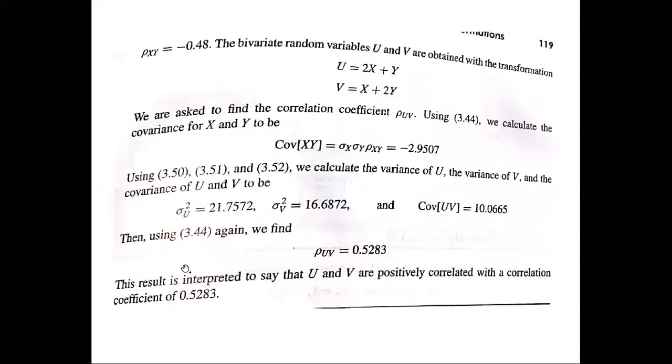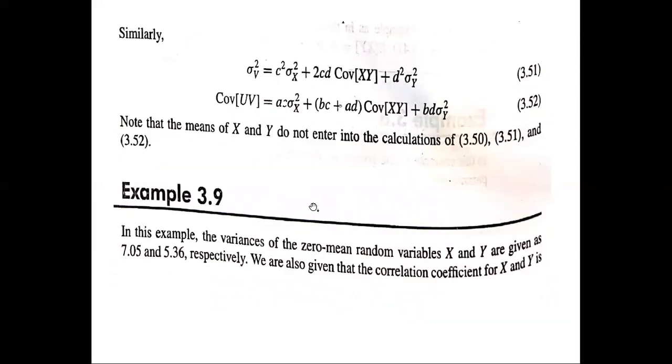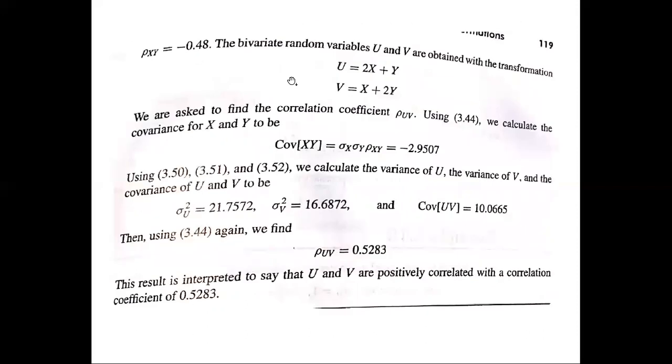Okay, so substituting all that, you'll get 21.7572. Similarly, the sigma v squared can be found from the relationship given over here, which is 3.51. So now c squared, if you see over here, c is 1, d is 2. Therefore, we need to write here,